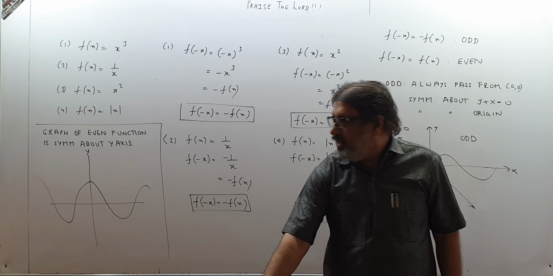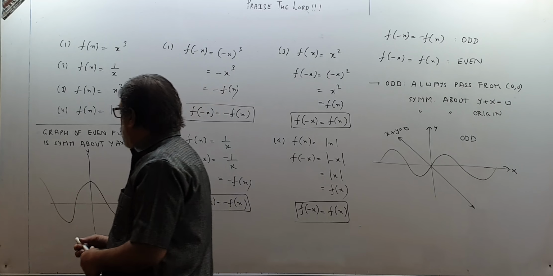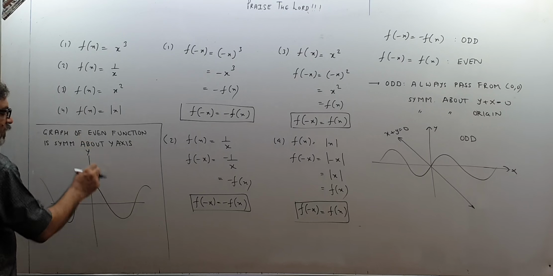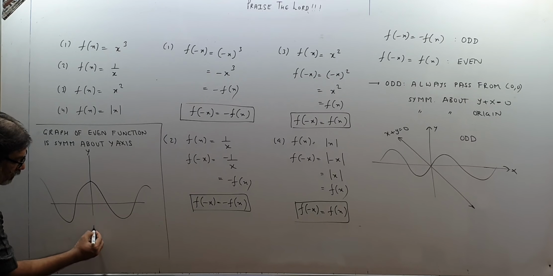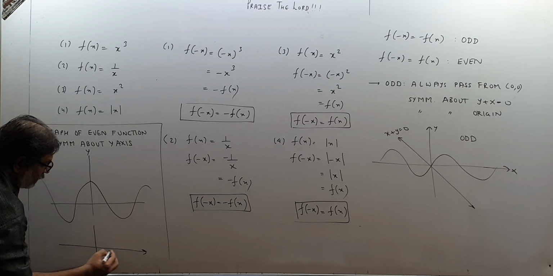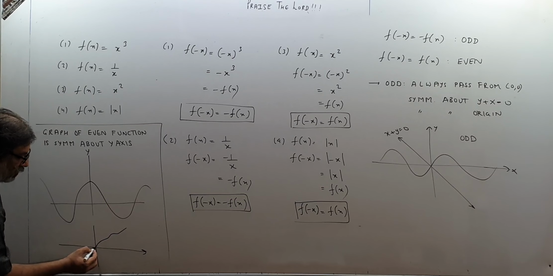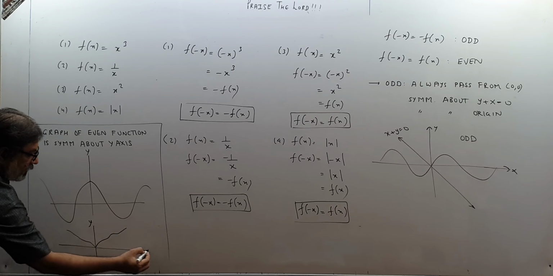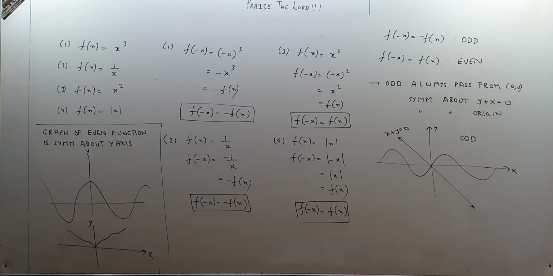It is like this. If it is passing through the origin, now it is not necessary, it will not pass through the origin. This can pass through the origin. Supposing we are having like this, the graph is going like this, like this it will go, y and x. So these are the graphs of an even function. Whatever is seen on the right side, that will be seen on the left side. So an even function may pass through the origin, may not pass through the origin. The only requirement is that it should be symmetric about the line y equal to 0.